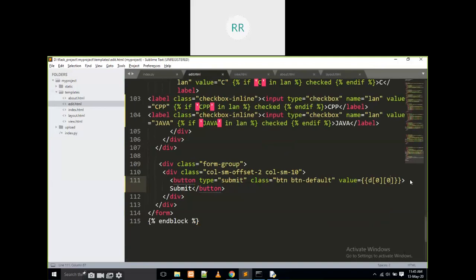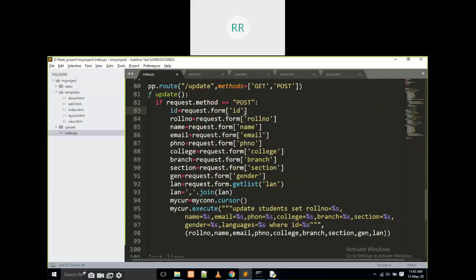There is no name, right? I am going to give a name also: name is equal to id. Then language, comma, id.